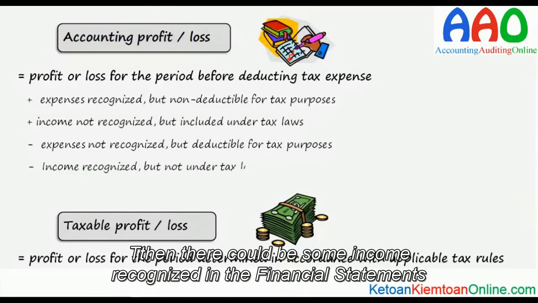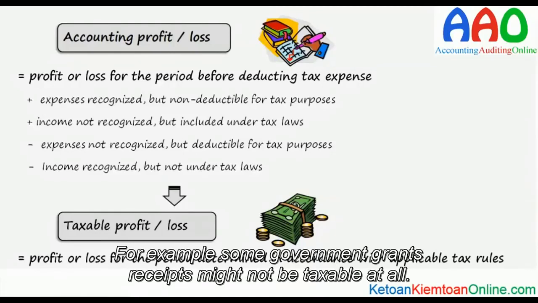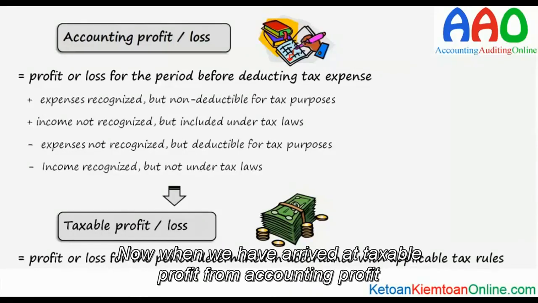Then there could be some income recognized in the financial statements but not included according to tax rules. For example, some government grants received might not be taxable at all. Now,